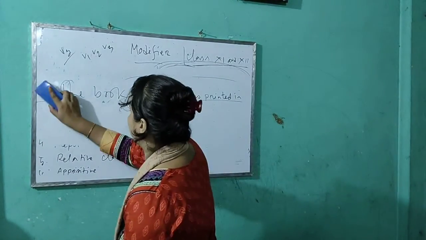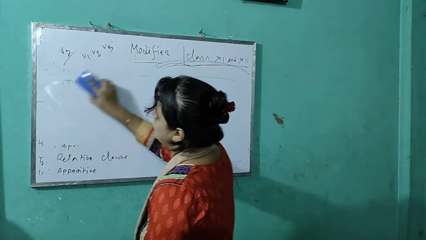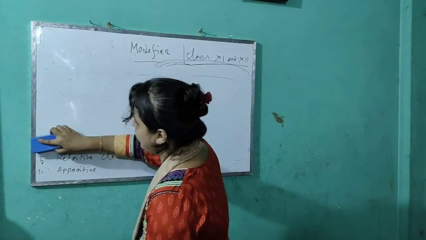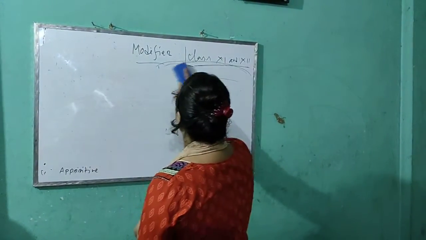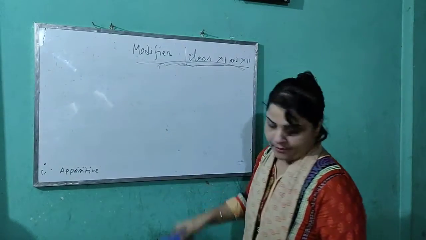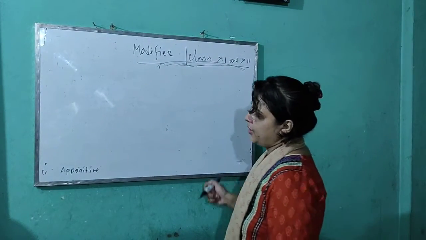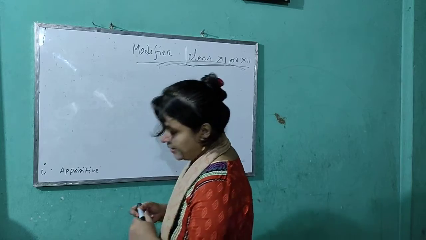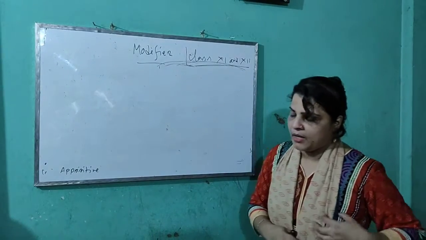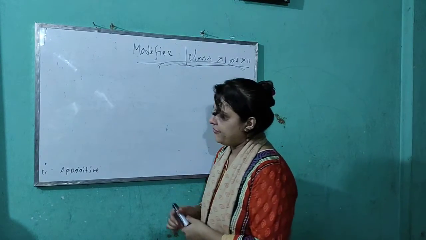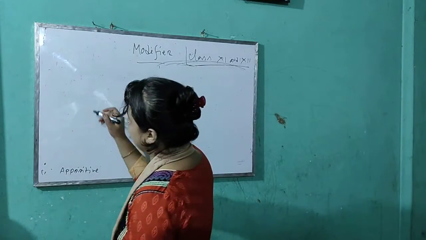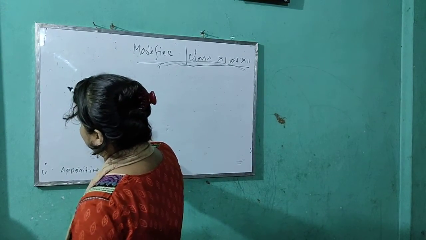Now let us see appositive. In the earlier class I discussed appositive. Okay, today I am going to show you some examples of appositive. In the earlier class I told you that whenever you use it, I'm going to give an example. It will be very easy for you. Like